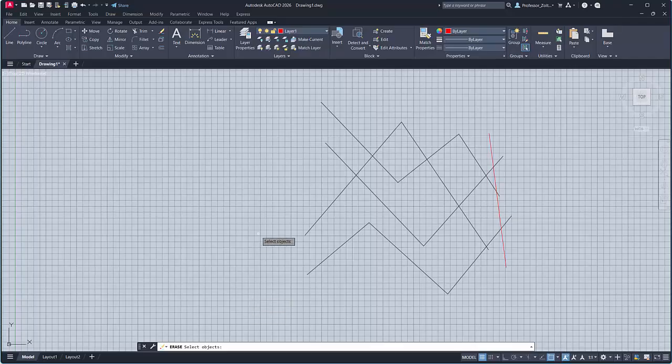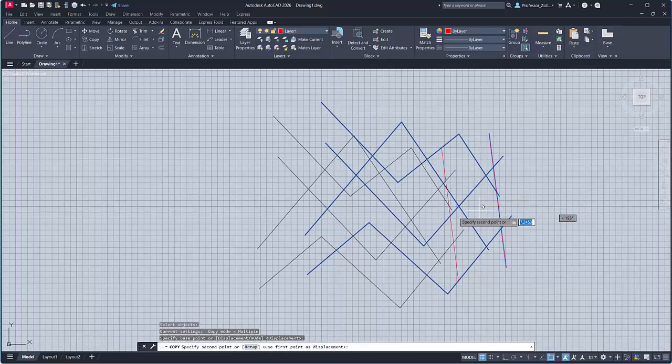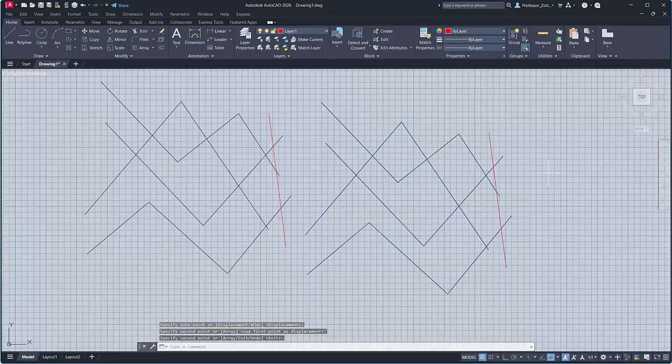So let me show you another example of that. Copy, the word copy. When I click on the word copy, you'll notice it says copy, select objects. I can individually select, I can use a window to select, or I can use a crossing to select. They all work the same way. So those selection sets are really important in how we interact with CAD. And now that I've picked this, I'll press enter and pick one point, pick another, and there we have two